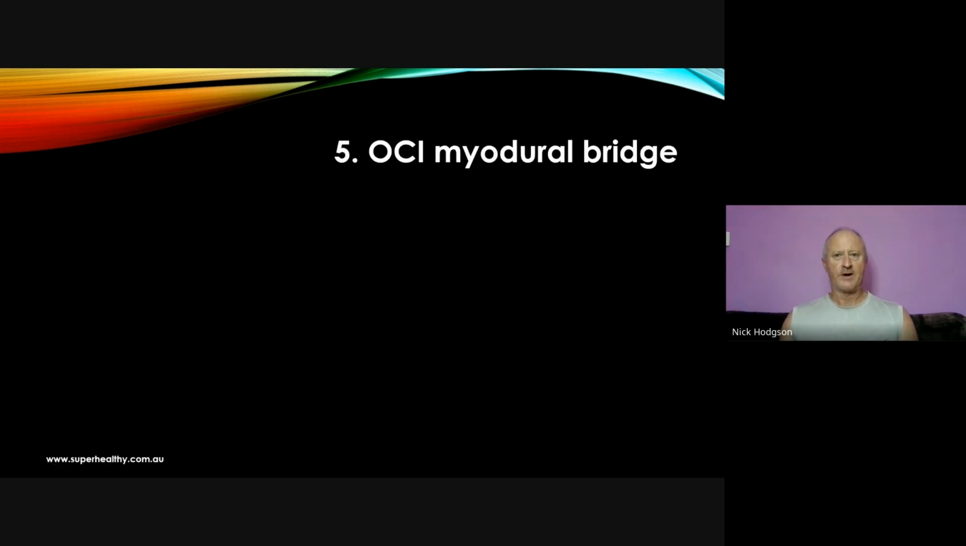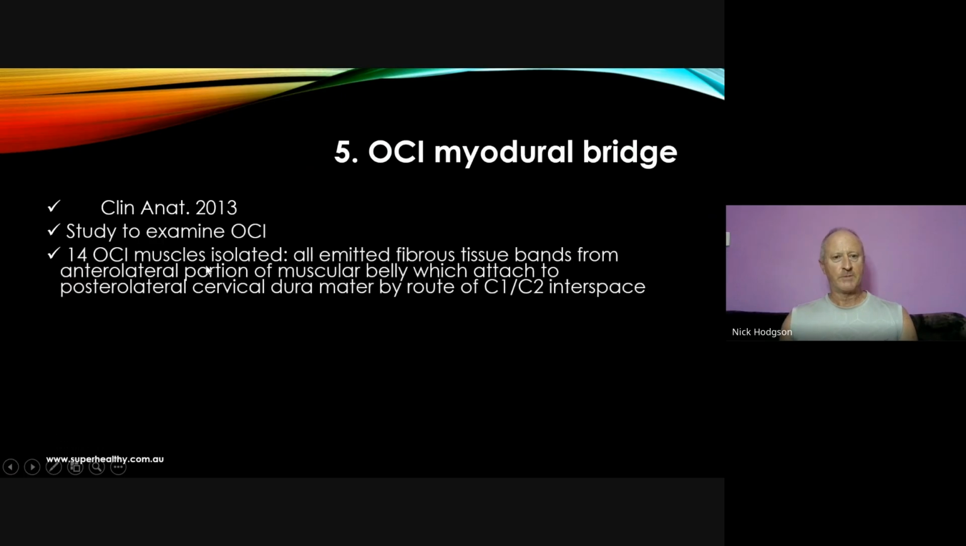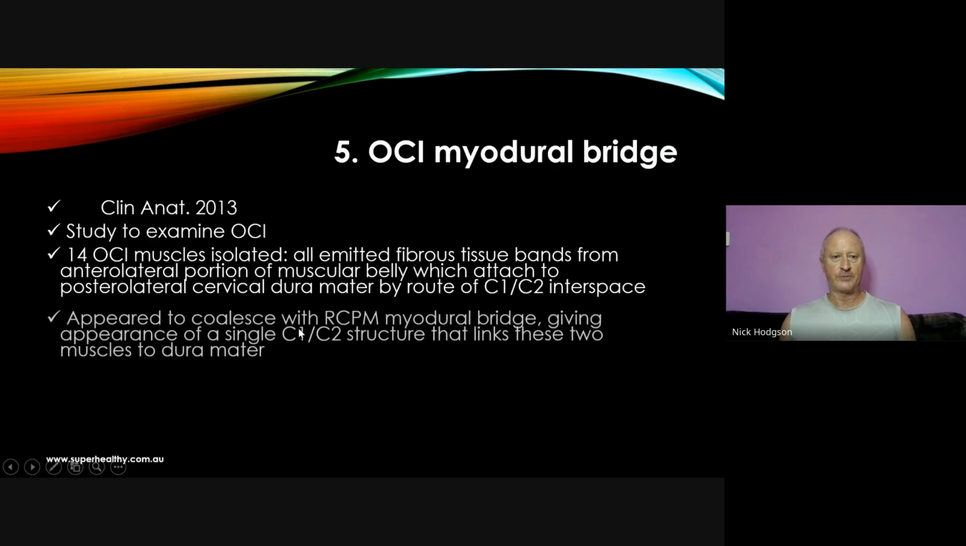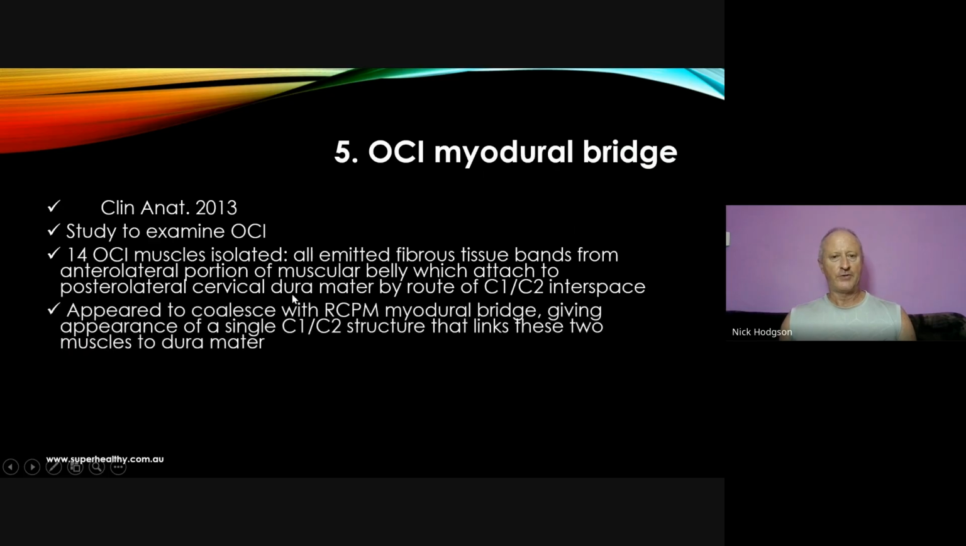So paper number 5, the obliquus capitus inferior myodural bridge. So again, Clinical Anatomy, 2013. So 14 muscles were isolated. All of them contain these fibrous tissue bands from the anterior portion of the muscular belly, which attach to the posterior lateral cervical dura mater by root of the C1-C2 interspace. So these fibers seem to merge with the fibers from the rectus capitus posterior major muscle,